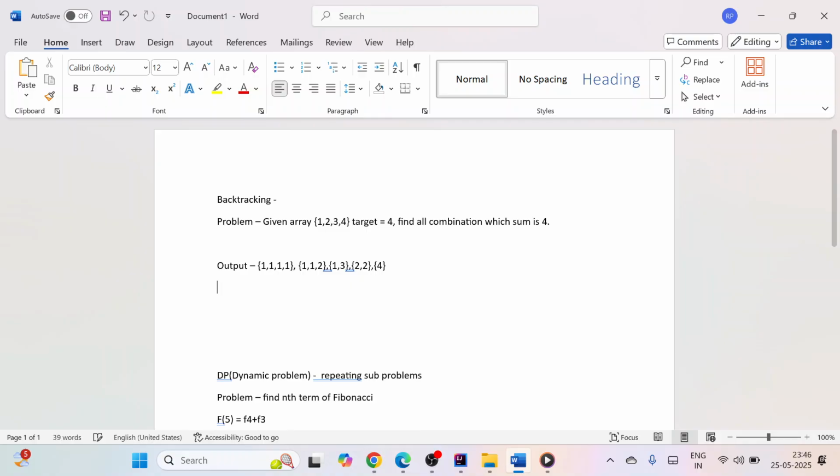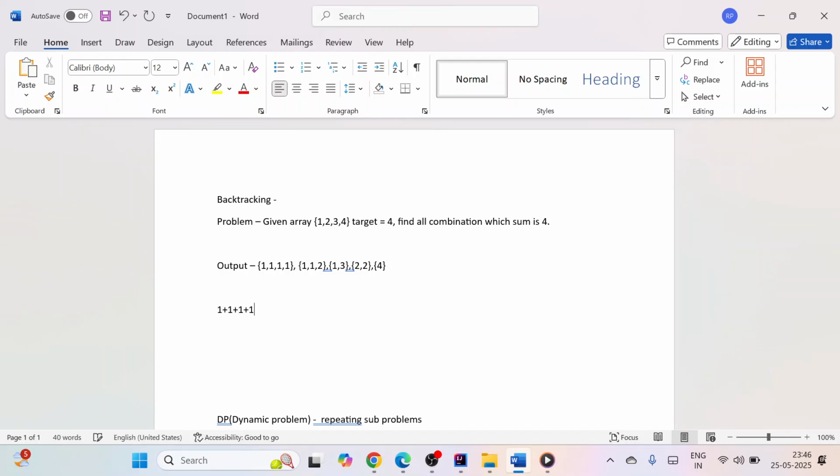So let me brief it again. You took 1, and you took 1 again, and 1 again, and 1. This is the perfect combination, 4. Now you go again, 1 plus 1 plus 1, now you look for another combination. Then you have to go with 2. This gives 5. You say this is not a perfect combination. Then again you have to go back, move back, and again you have to put 2. This is the valid combination.